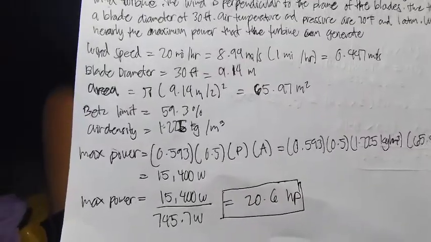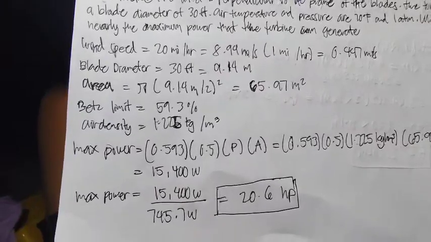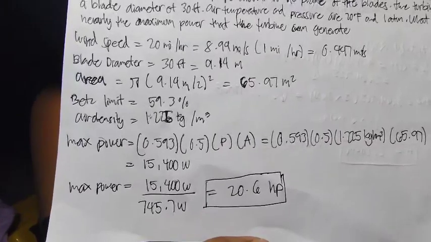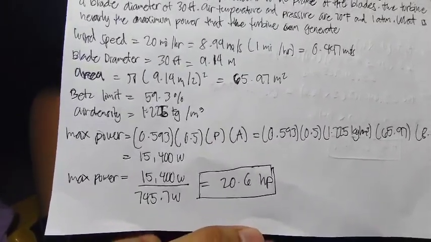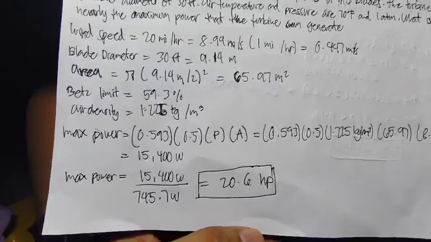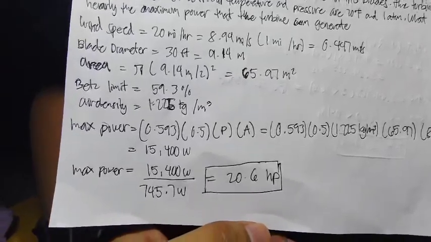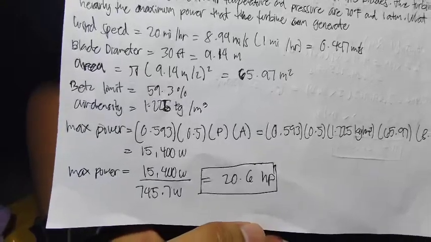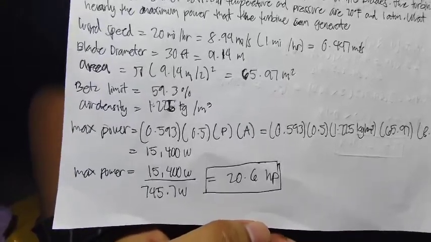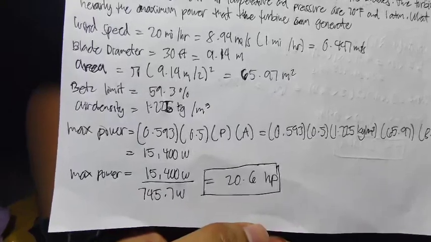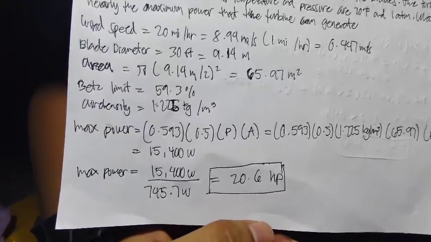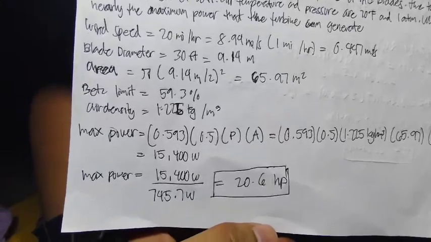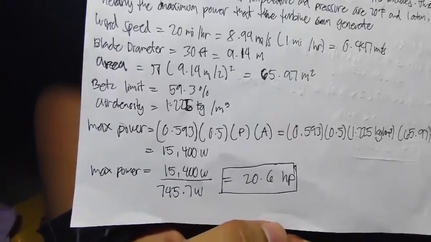So let's have the wind speed. So 20 mile per hour is equal to 0.447 meter per second times 20, which is 8.94. The blade diameter will be 30 feet, so let's convert it to meters: 9.14 meter. So the area will be pi times 9.14 meters squared over 4, which is equal to 65.97 meters squared. And the Betz limit will be